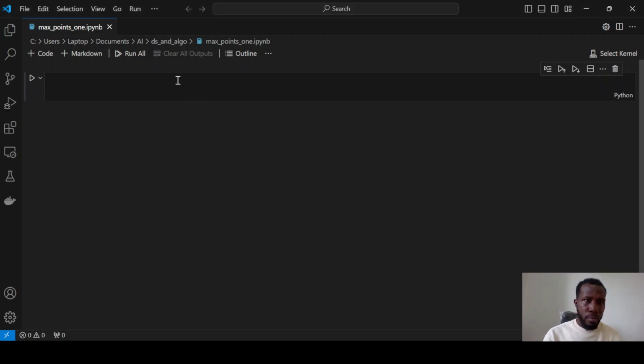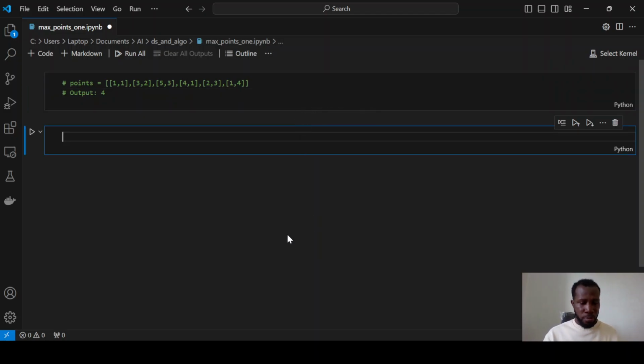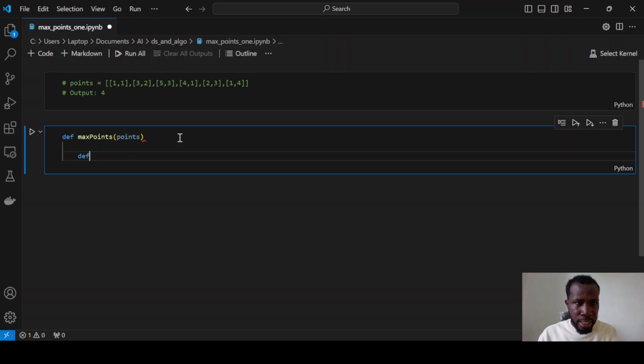So let's use, for example, these input points, and the output is this. We're going to get the maximum points. The function I will use is maximum points that takes in points. The whole idea is that if you put in this list of lists, it is going to give us the output of 4. So the first formula we're going to use in here is the greatest common divisor,